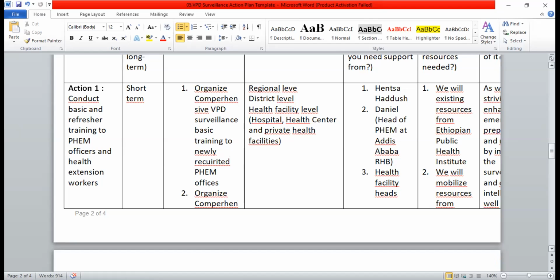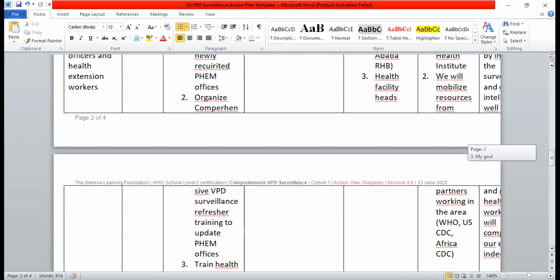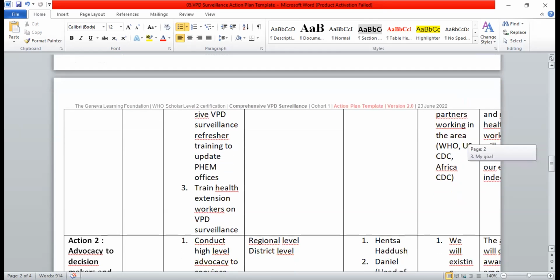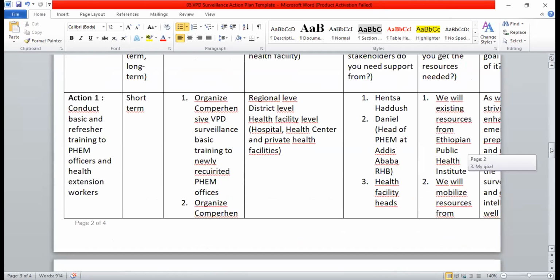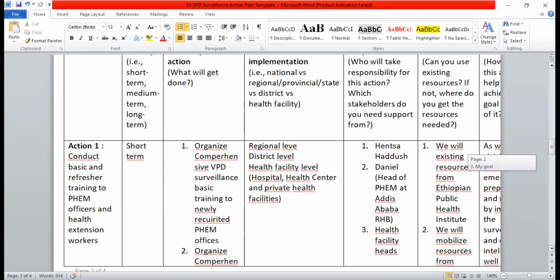The second one is organized refresher training for existing officers, and training health extension workers on vaccine preventable disease surveillance. At the level of implementation, it's regional, at district level, at health facility level, hospital, health center, and private health facility level; FEM officers and the responsible health professionals will be trained.